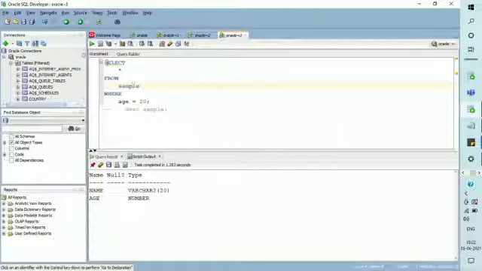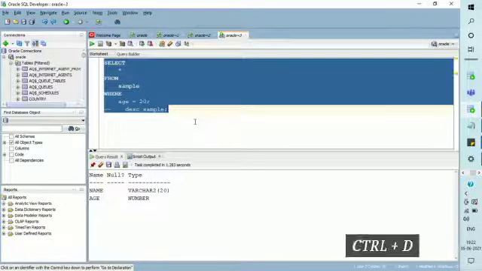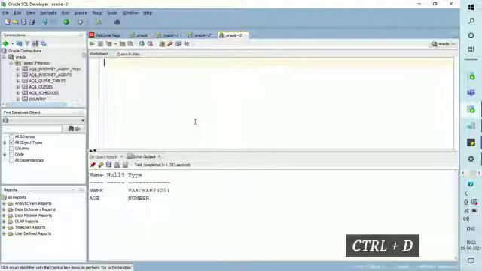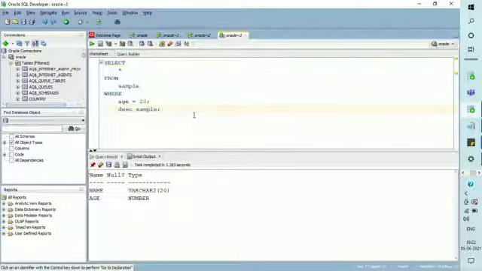So here shortcut number 10 helps you to delete everything from the worksheet. Just press Ctrl D to delete everything from the worksheet and Ctrl Z to undo it. Whenever you are writing bigger scripts in SQL and want to delete everything from the sheet, just press Ctrl D to delete it and Ctrl Z to undo it. So now let's enter into the last shortcut of the day.